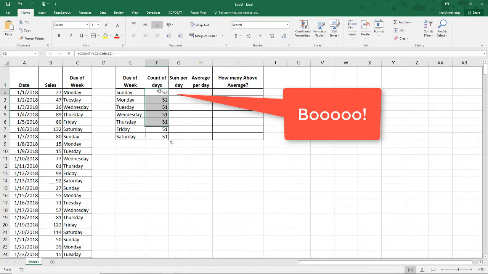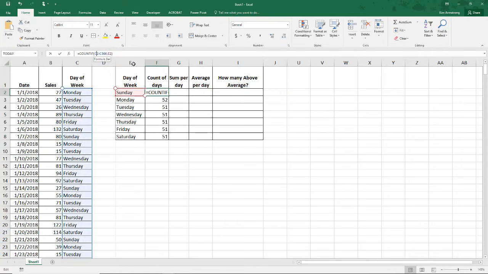But look what happens to the first day. We start out with C2 to C366. Because I dragged that formula down, it changed all of the row numbers: C3 to C367 in cell E3, C4 to C368. So as I drag it down, this range shifts on me.